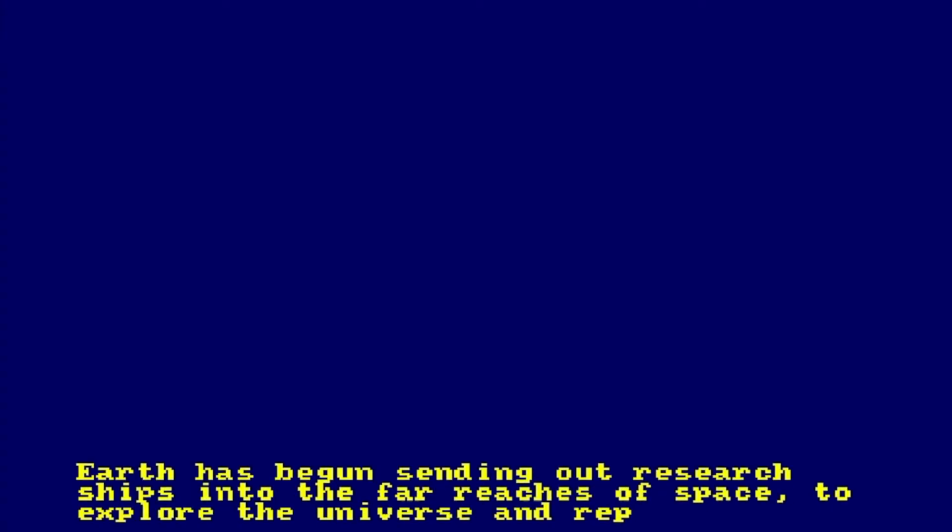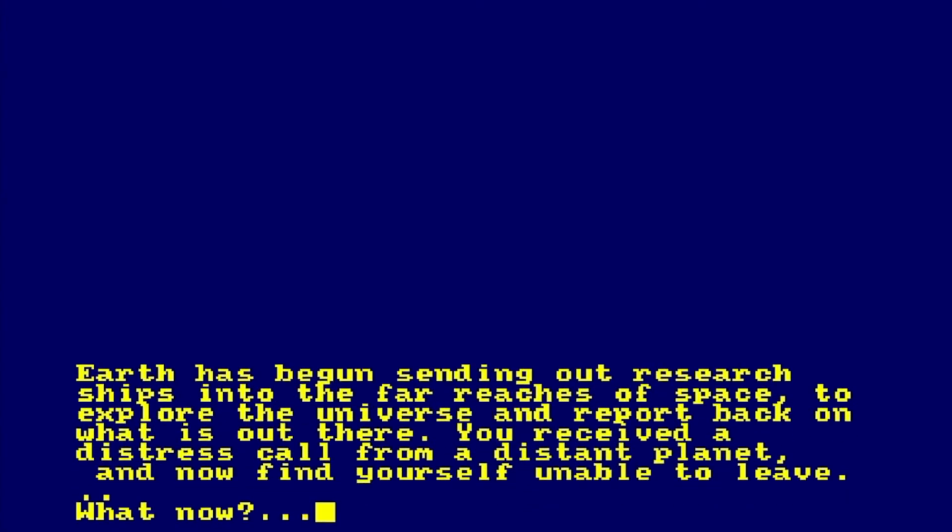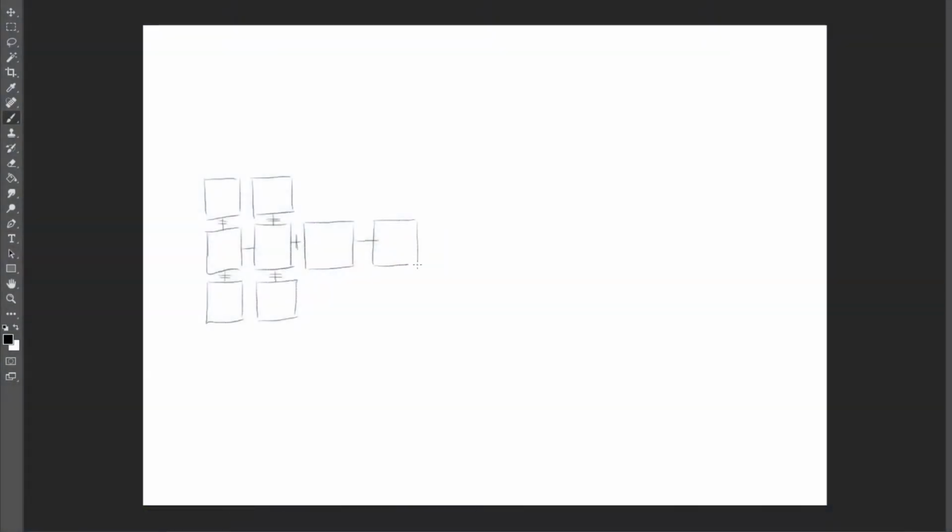The setting is a desert planet, and the player will take on the role of a space and time traveling explorer who picks up a distress call from the planet. The goal will be to resolve the situation that caused the distress call to be activated. Now, we know what our plot is and the goal the player will be working toward, so we can begin